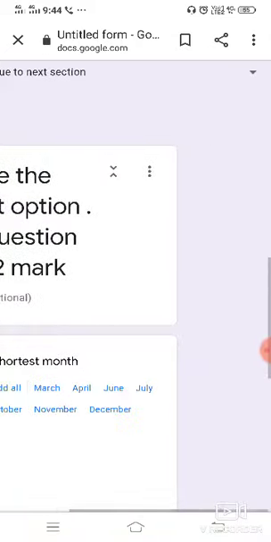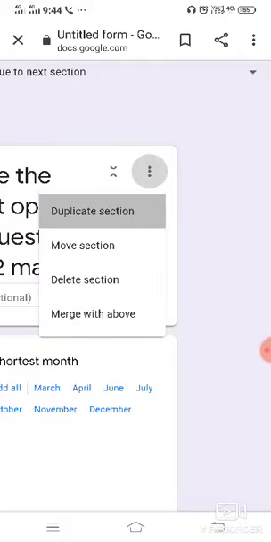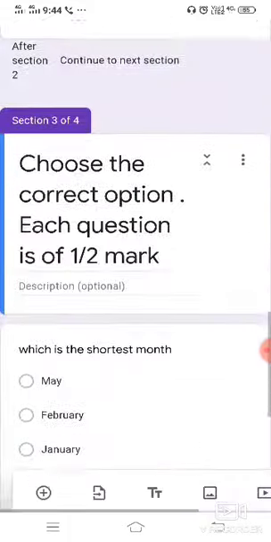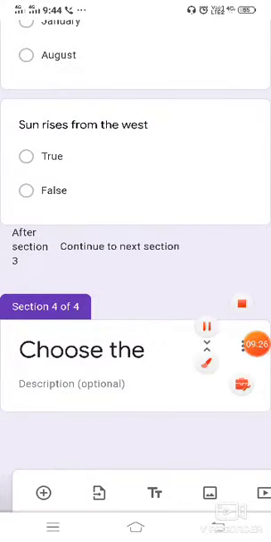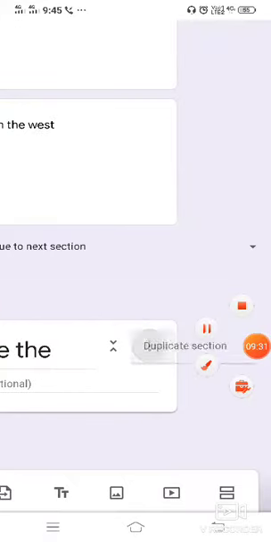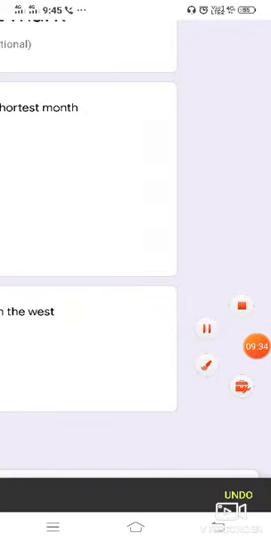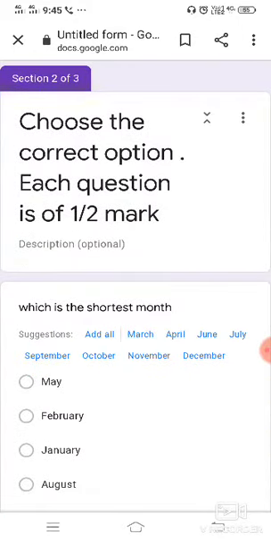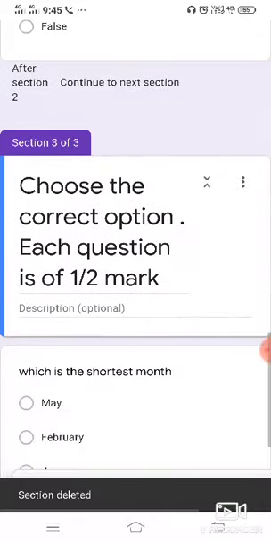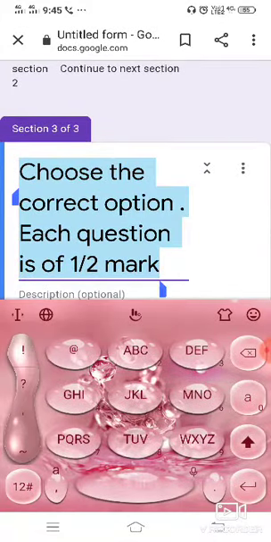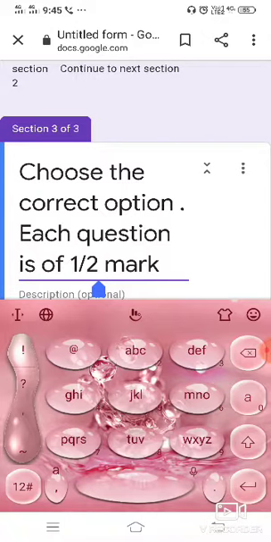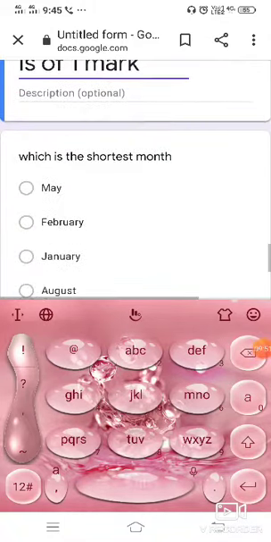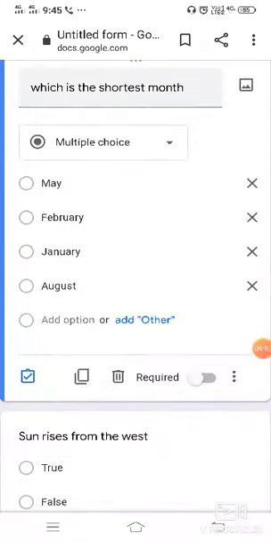Like over here the option is there, 3 dots, duplicate section, so you can see down the section has been duplicated for me. I can remove this one, 3 dots, I go to these 3 dots, I delete this section because I've already duplicated it. You can see above section 2 and section 3 is a duplicate, so I can make changes on this. No need of writing once again, so I convert it to 1 mark. And then maybe I change the question over here to